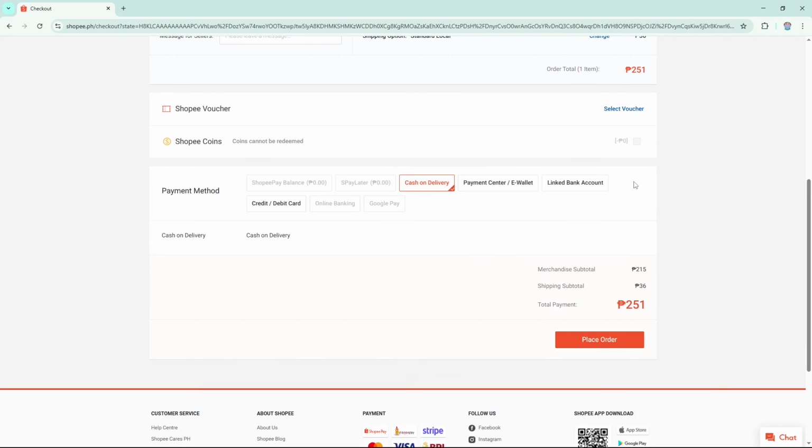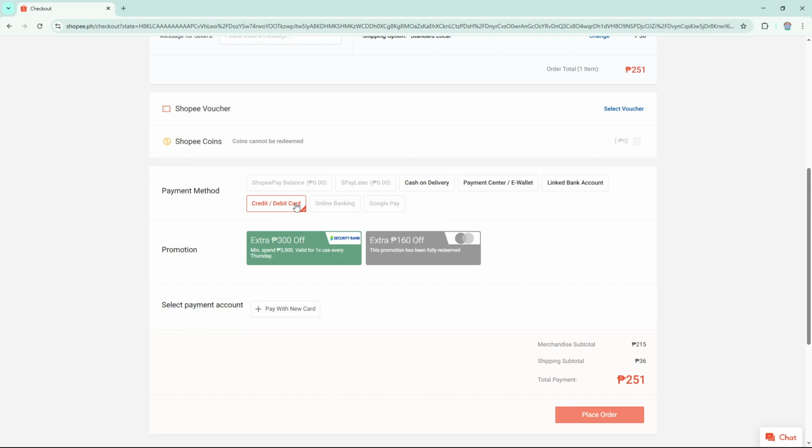Shopee offers various payment methods, including payment centers or e-wallets. But for the purposes of this video, let's proceed with a credit or debit card. Select this option and finalize your purchase. And that's it. You've successfully navigated the Shopee dashboard and completed your purchase. With just a few clicks, you can explore